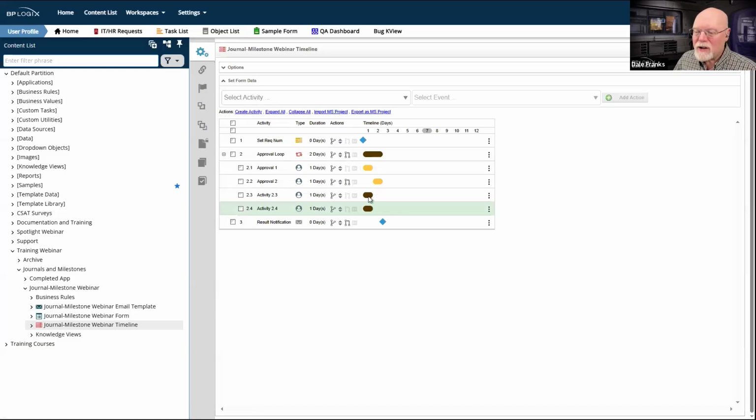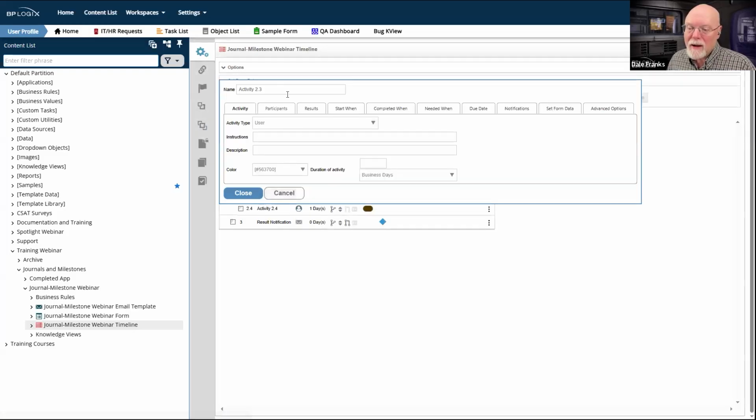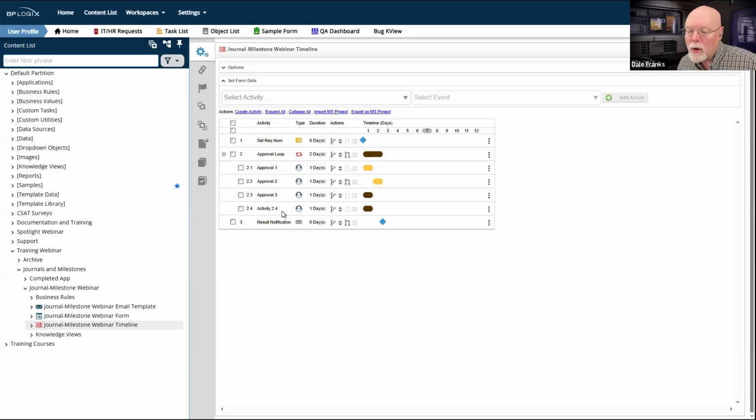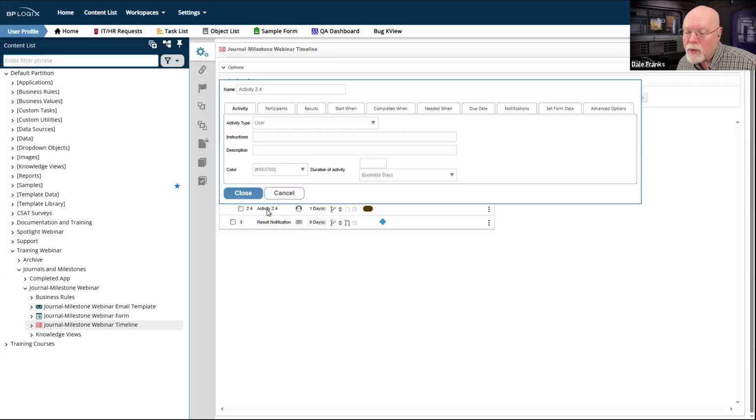So I've got these 2 child activities. Now, these are both child activities of the parent activity, and that means that activity or approval 1, and let's call this approval 3, and we'll call this one down here approval 4.